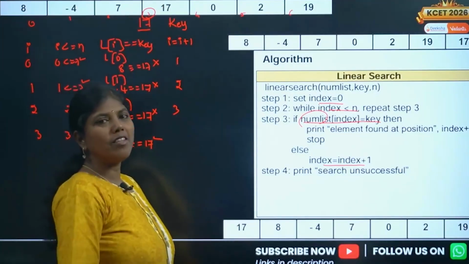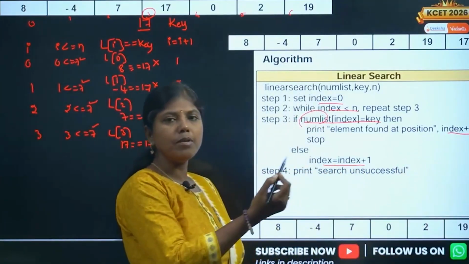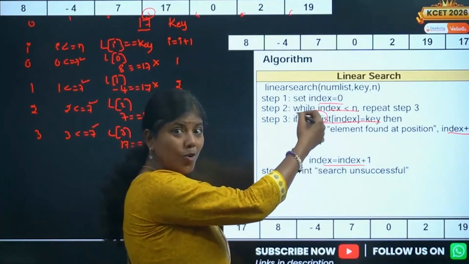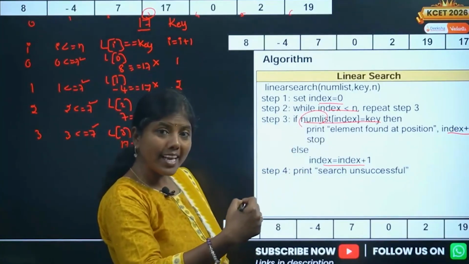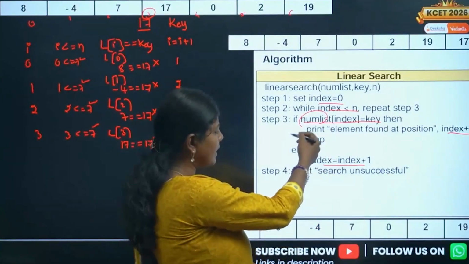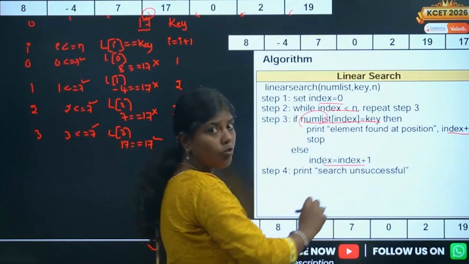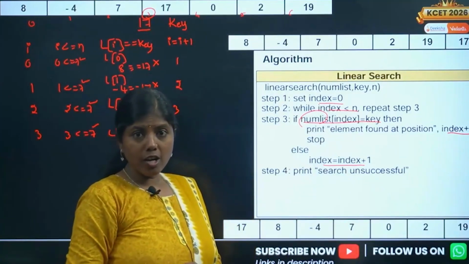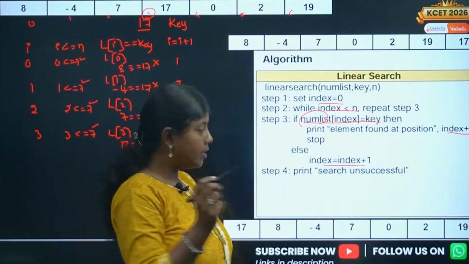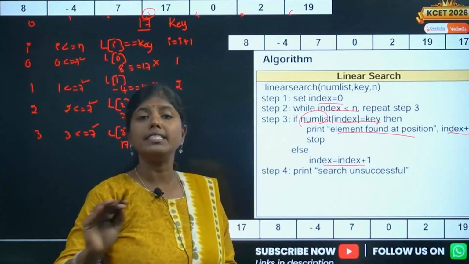So we'll just increment the value of index. Index plus 1, here in this case, I plus 1. Then we'll just come out of it. We'll just break. How do you come out of this? In case of code, we'll write break. It comes out of the loop. If it does not satisfy this condition, we'll go for unsuccessful search. We just have to come out of the whole loop and say that element found at position, and come out of the program itself.